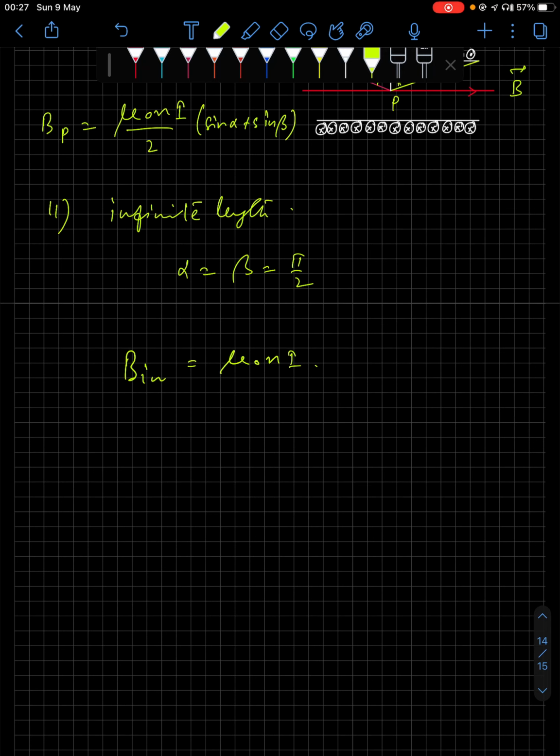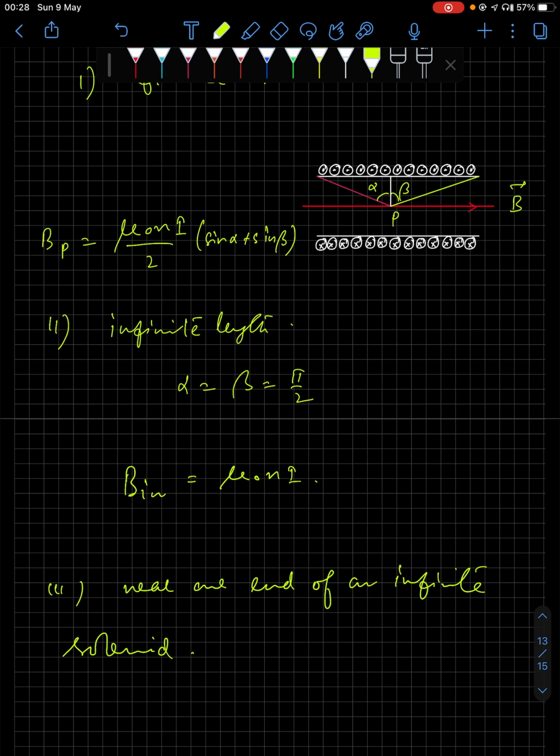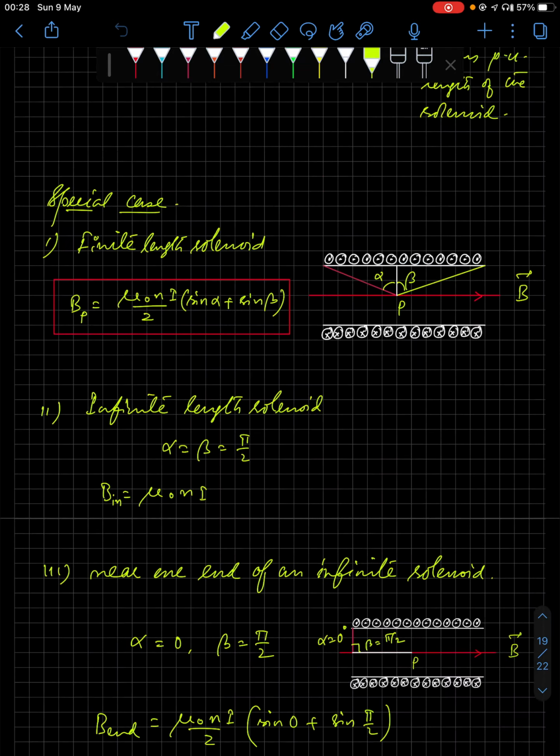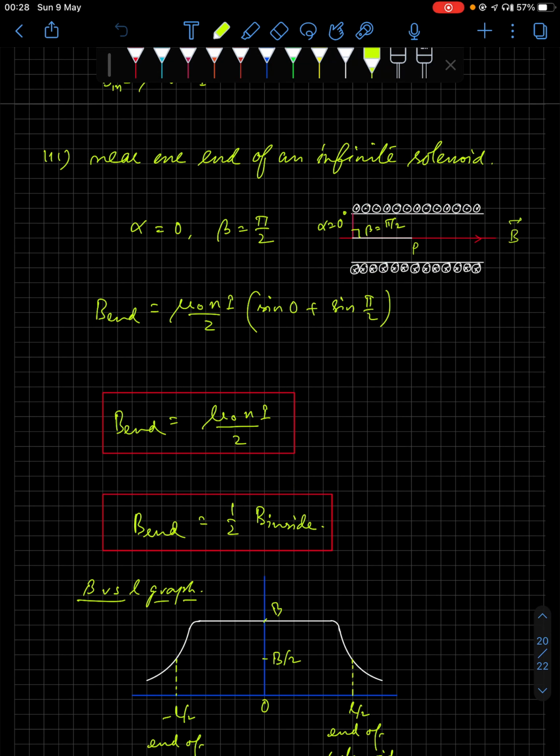Now, number 3: near one end of an infinite solenoid. So in that case, you see near one end, again if I copy this diagram,